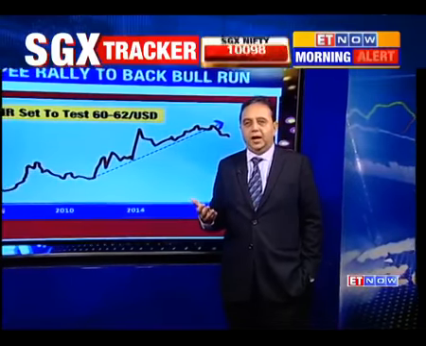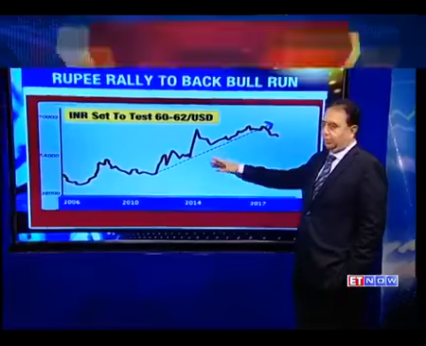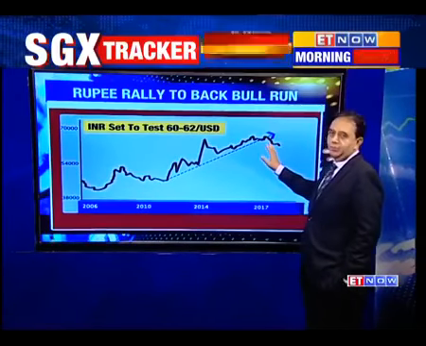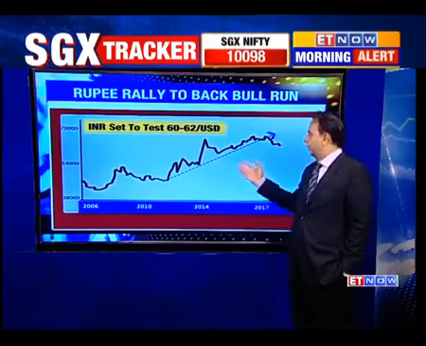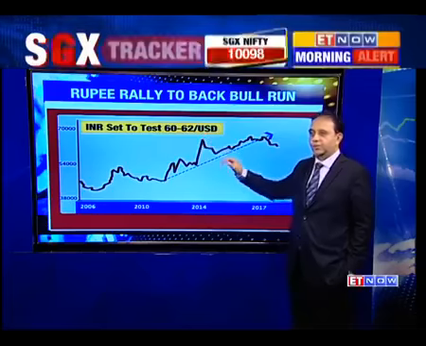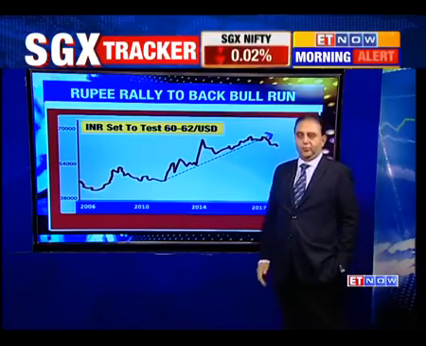Any moment now. But the main point I want to make here is that the USDINR has been in a big rise, the USDINR chart, meaning the dollar has been gaining for quite some time. In recent times there has been a break of this pattern, and the rupee has been showing some bit of strength, right? And this is the forecast, so we'll just come back to it a little later. But the dollar has been strengthening over a period of time.